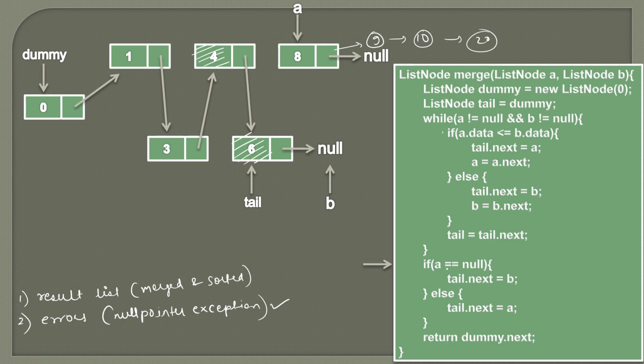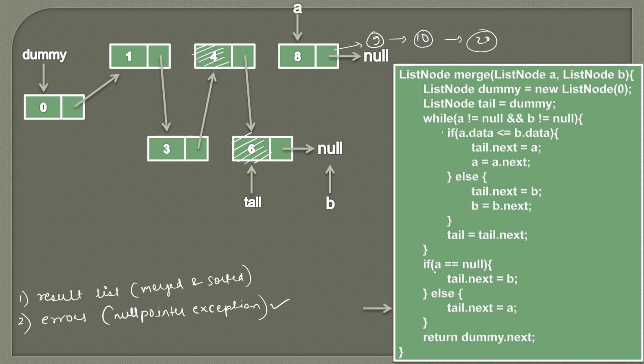So we check which list got empty. So here in this if block we are checking which list got empty, whether it was A or B. So here you can see B is actually pointing to null. It means B got exhausted. A is not equal to null. A is actually referring to a node. So this condition comes out to be false and the else part will be executed.